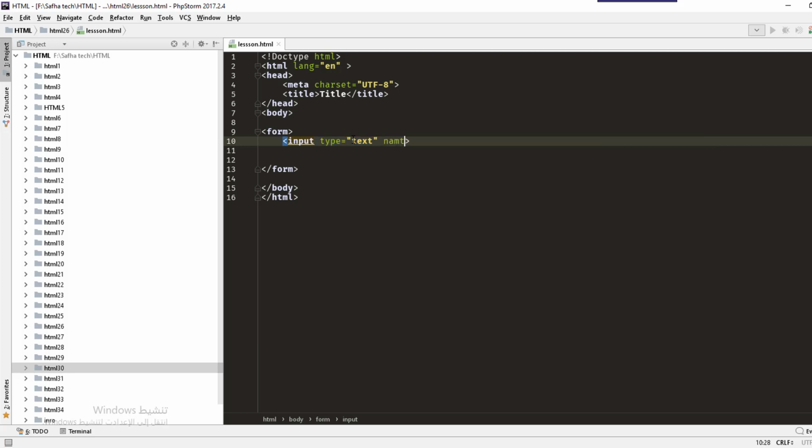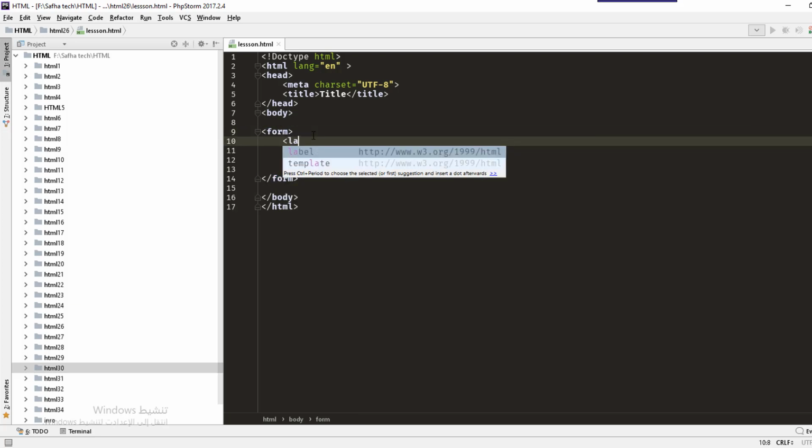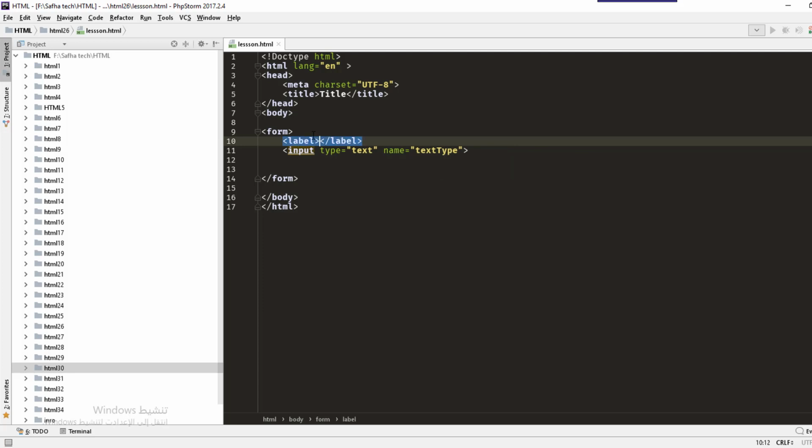Name it. Don't forget the names, so that you can avoid many problems in the future. So for the name, we will write text type. Save, and we will see what it looks like. First of all, we need to have, for example, a label. You should notice that you can add a label for the input. For example, here I could write text input,